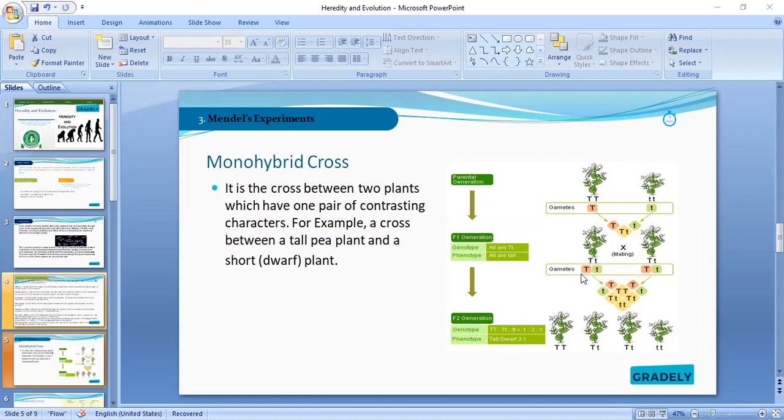So after crossing and self-fertilizing, you're having capital T, capital T small t, capital T small t, and small t. So now the capital T is 1. Do we have any other capital T here? No. So capital T is 1. Capital T small t is 2. I don't know if you're getting it. Capital T small t is 2, and small t is 1. So at the end of the day, you say it is 1:2:1. Did you understand what I said? 1:2:1.